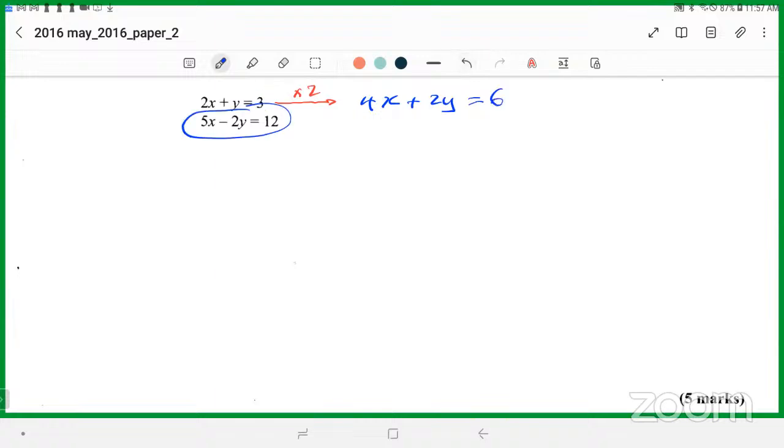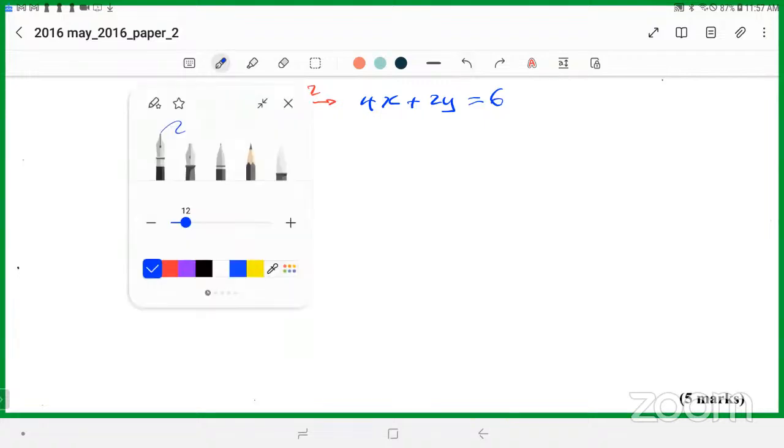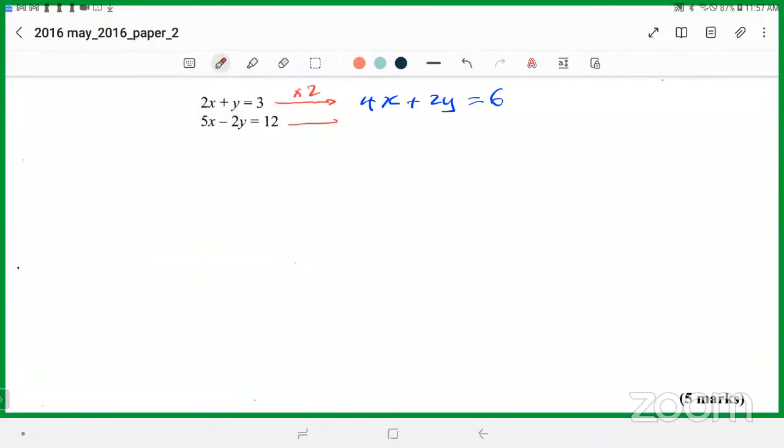I'm not going to change anything on this one because I already have my negative 2y. So this one will remain as it is. I'm just putting it on here so I can add the values together. So this comes back unchanged: 5x minus 2y